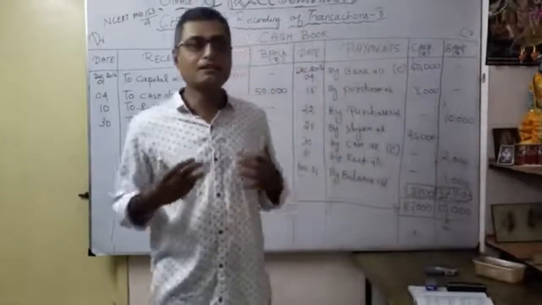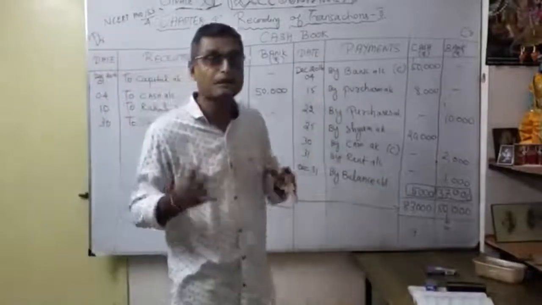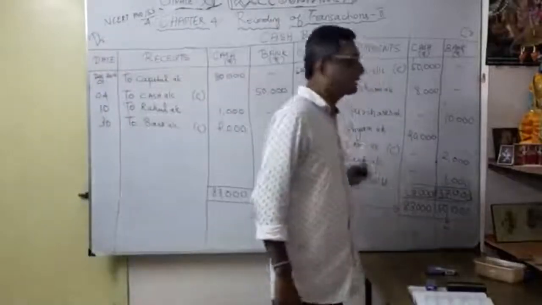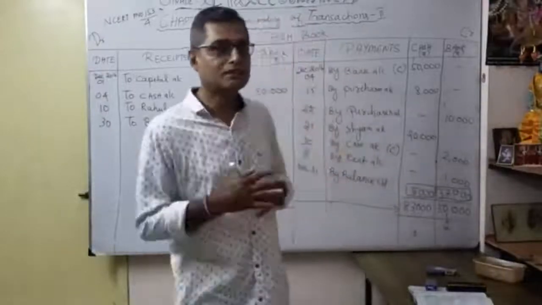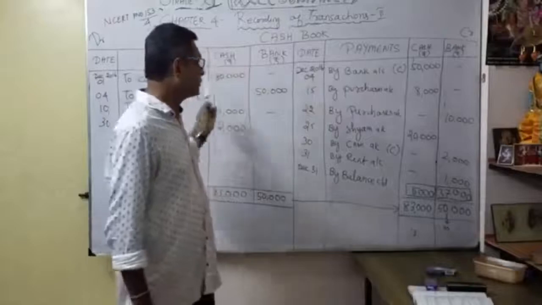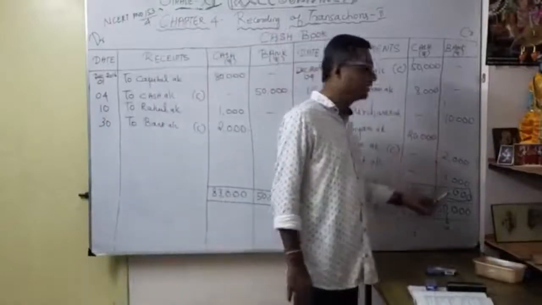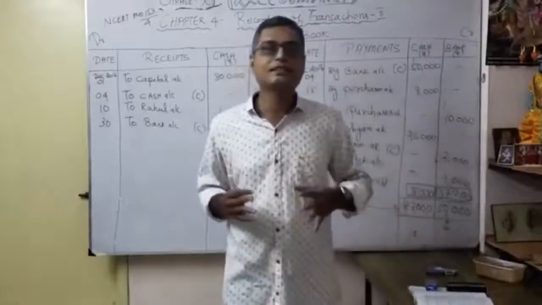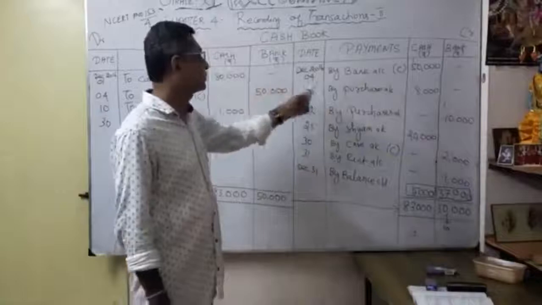Okay, so how to do the balancing, that is a very, very important part. When you have a larger number of transactions in the cash book, we can learn it very easily. With fewer numbers it is very easy. With more transactions, suppose as a payment, this is the way you can learn balancing very easily. You understood?